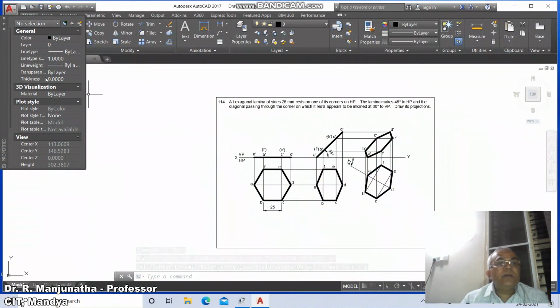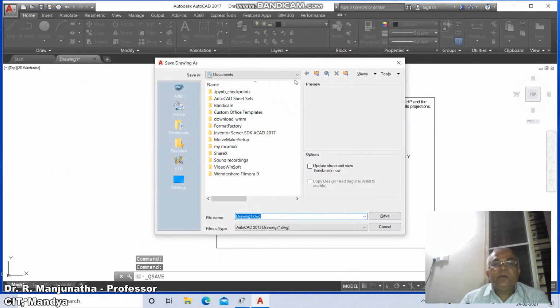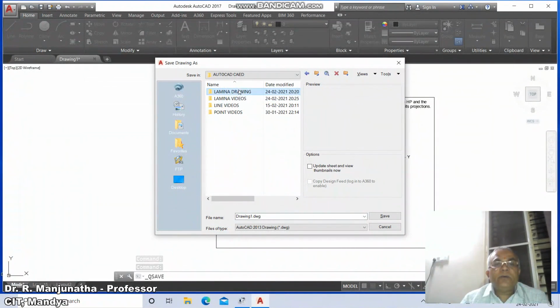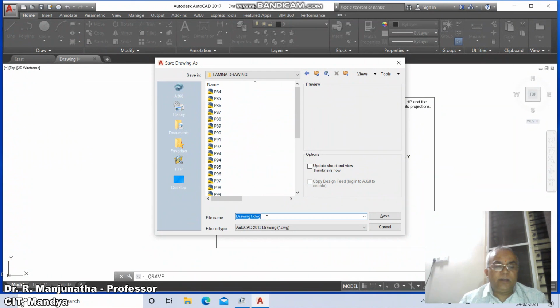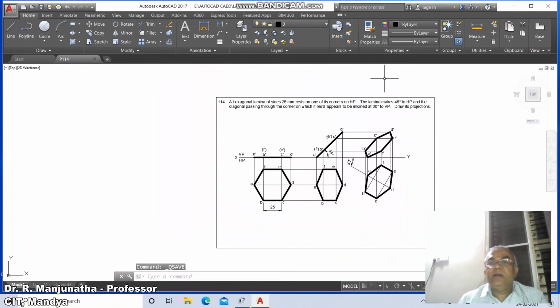and this is going to be the final solution. And then you just go to save and go to the appropriate directory, go to AutoCAD, go to lamina drawing, say P114 and save it. And finally